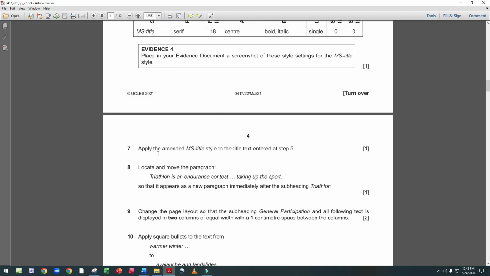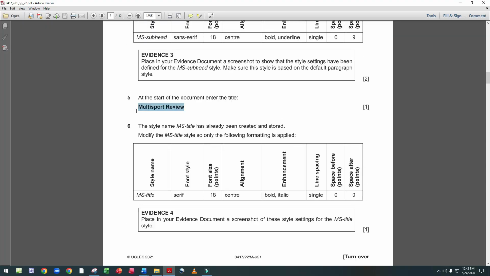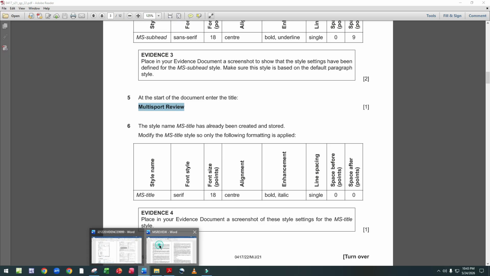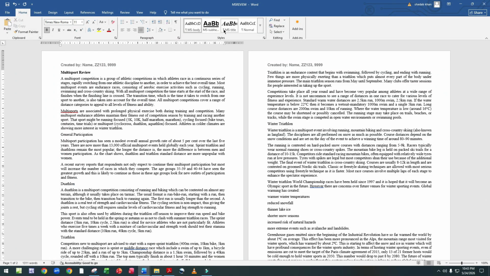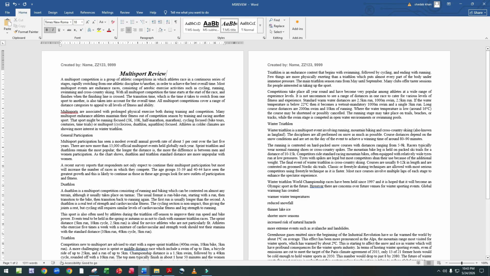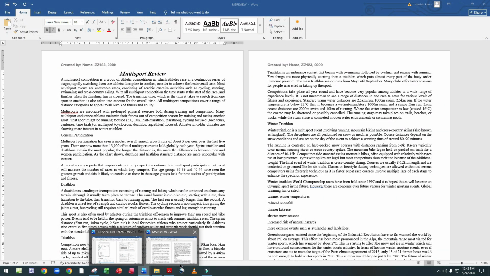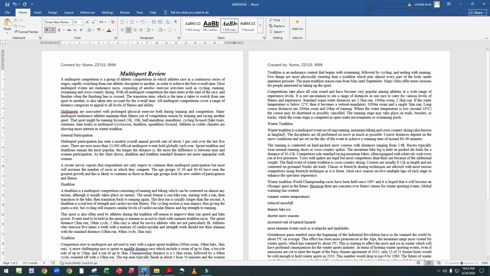Apply the amended MS title style to the title text entered at step 5. Now we apply the style MS title on this title Multi-sport Review, which we entered in step 5.